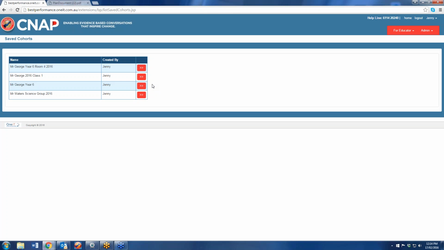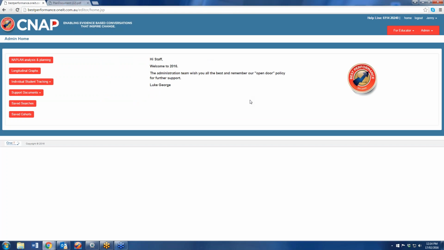Is there a way to get the head of learning area to be able to access their entire group of staff's cohorts? Yeah, absolutely, that's another good question. When you set people up on the system, the principal is known as the system administrator, and they have full rights and privileges. They can do whatever they like and see whatever they like on the system. So all you need to do when you set up a head of learning is tick a certain box, and that gives them permission to view certain staff members and what's going on. Yep, thank you. Pleasure.